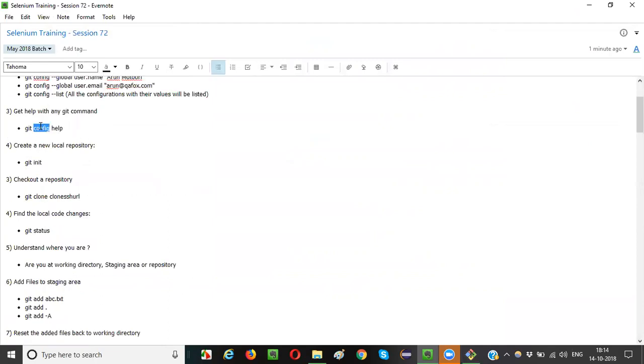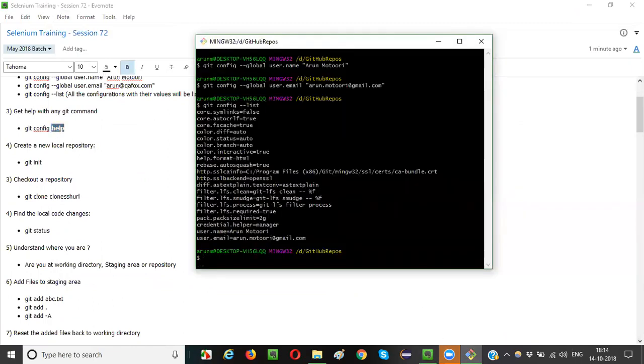Now let's move to the next command, git config help. Okay, it's not about config, it's about help, guys. So how is this help command going to help us? If you want to know anything about anything, like for example git config help, if you say help,